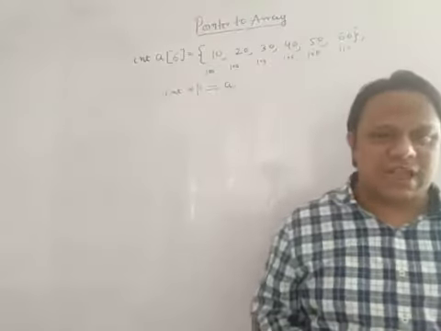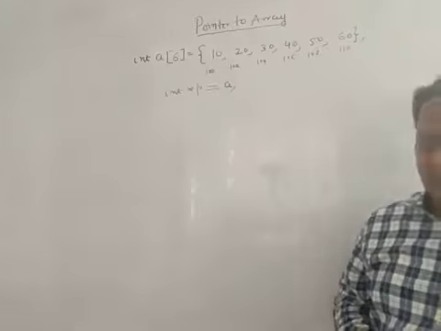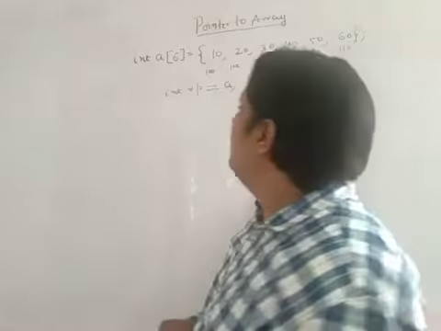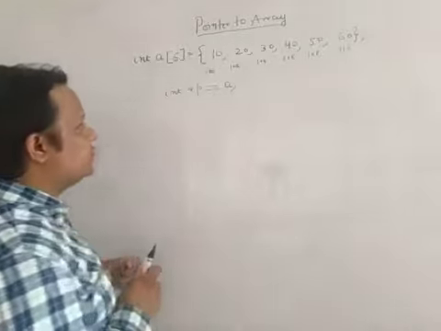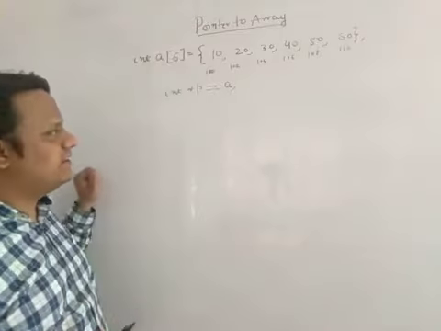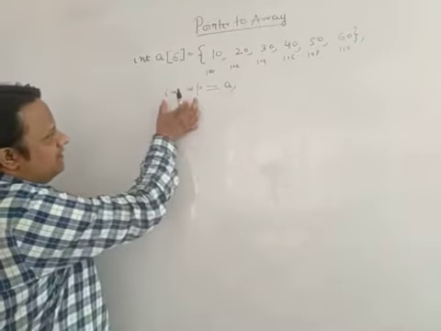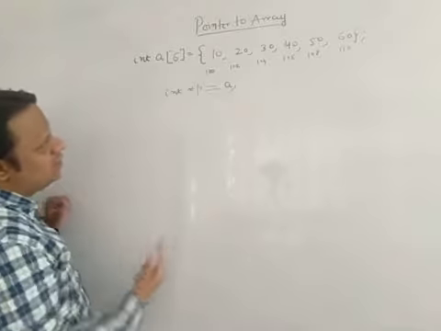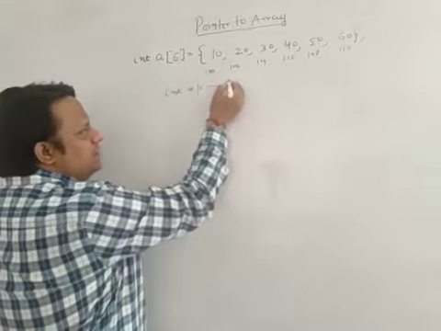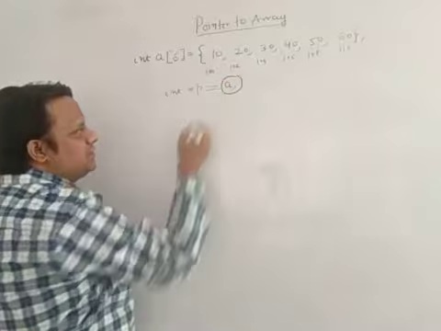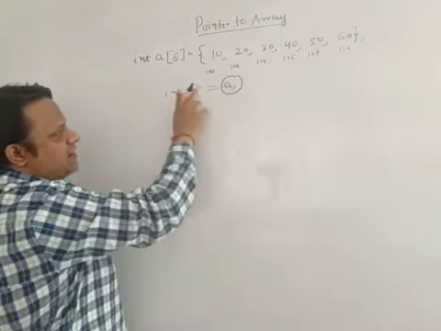Good morning guys. So again in this session I'm going to explain pointers to array by taking one more example. What I told you in pointers to array is that I have a pointer which points to the base address of the array. So when you write int *p = a, what do you mean by this? a is nothing but the base address of the 0th element of the array, and I'm going to assign this address to a pointer.